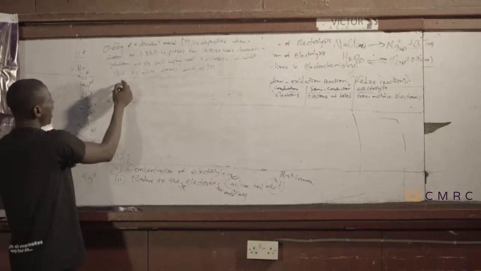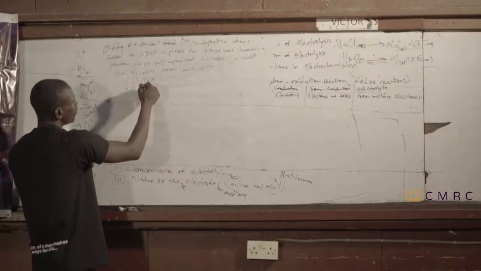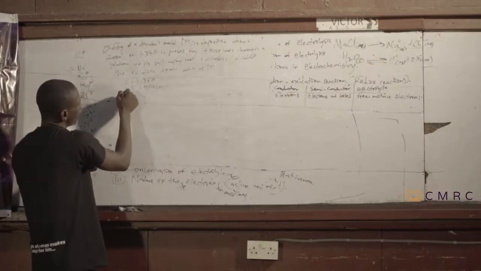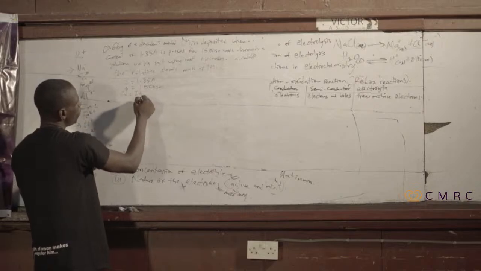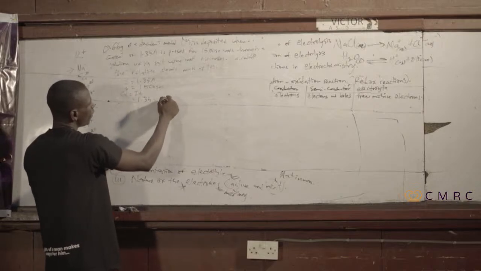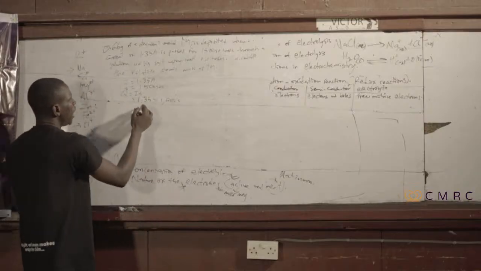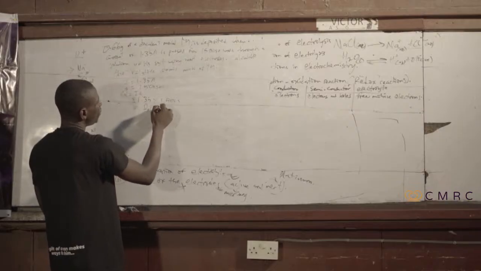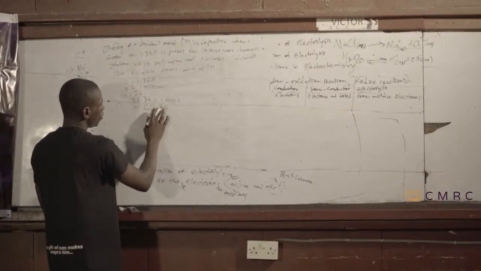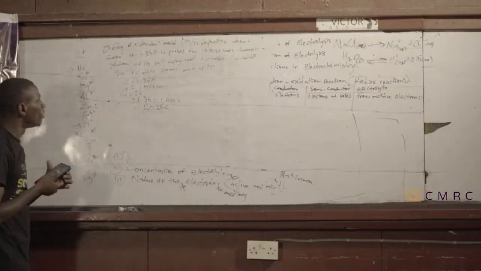We have our I, 1.35 amperes. We have our T, 1,500 seconds. So we calculate our Q equals I T, which equals 1.35 times 1,500 seconds. And this gives us 2025 coulombs. Now, from what we said before, if you pay attention,